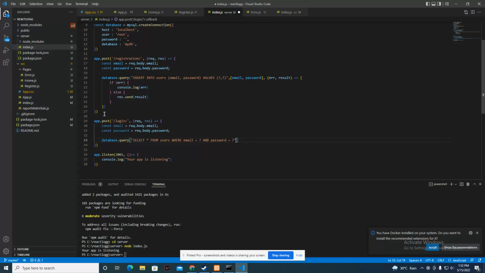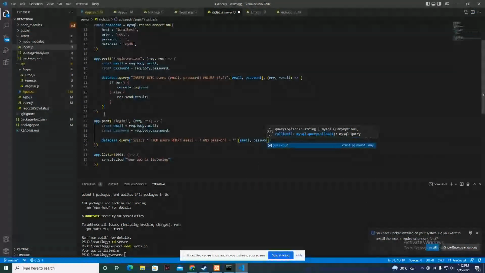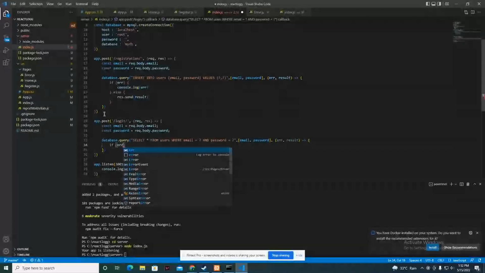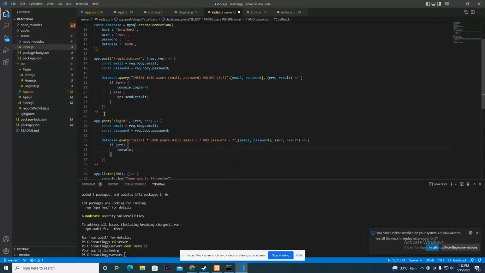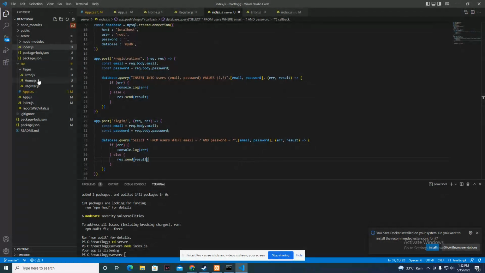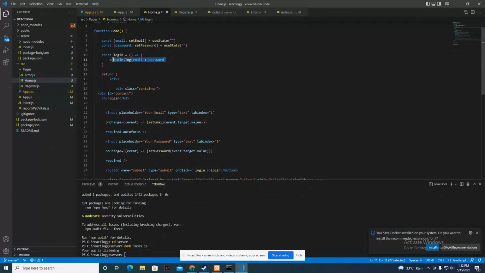All right. So the next thing that we need to do is to do email, then password, and then add an error, then a result, and do an if error, and let's do a console.log showing the error, then else, then let's do res.send showing the result. Now let's head towards our home.js and let's just remove this